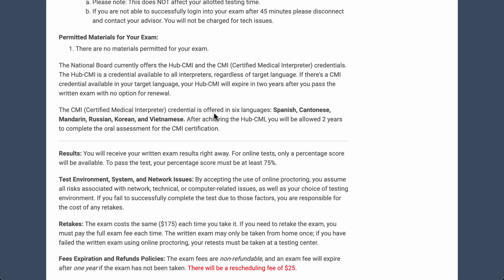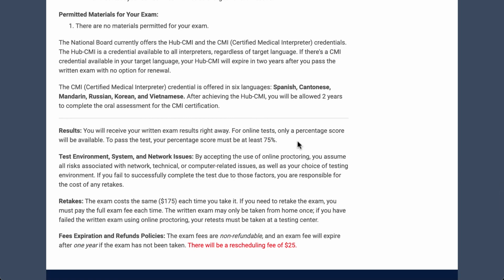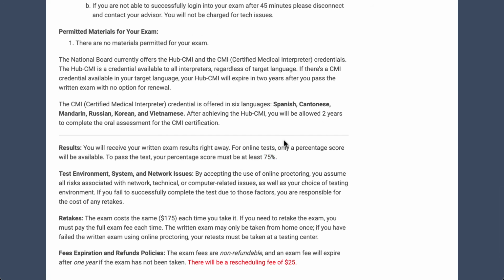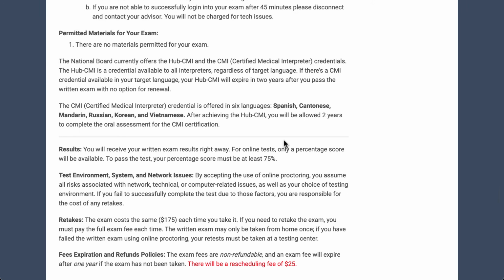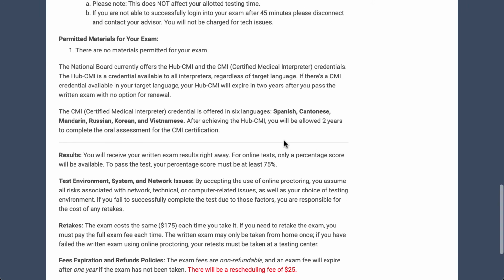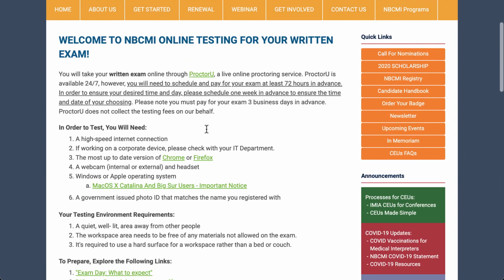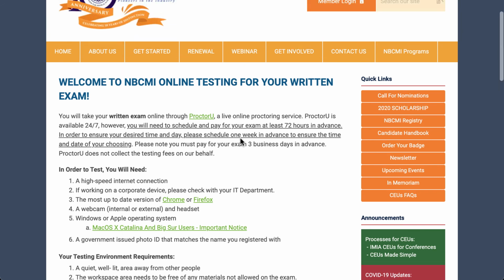Oral exam, it might be a little bit different. You have to pass 70. They have to be at least 75%. It is doable, especially if you have some medical background knowledge. I think it is doable, but you will need to study hard. So that is the registration for the written exam. Nothing too difficult. And this is what I mentioned, at least 72 hours in advance. Pay for your exam 72 hours ahead, and then actually